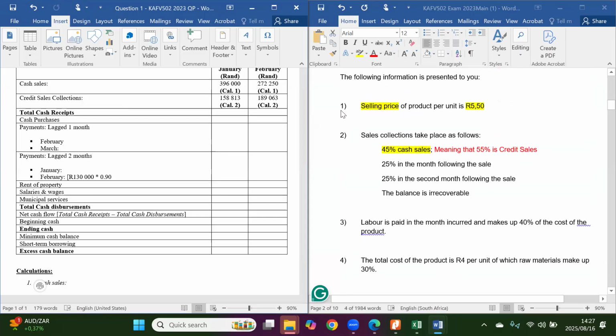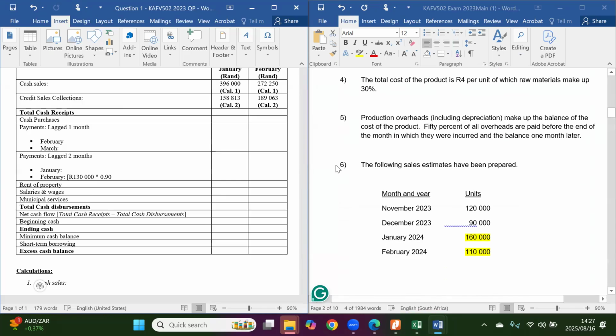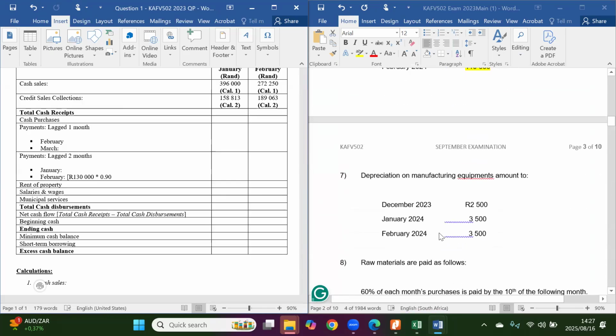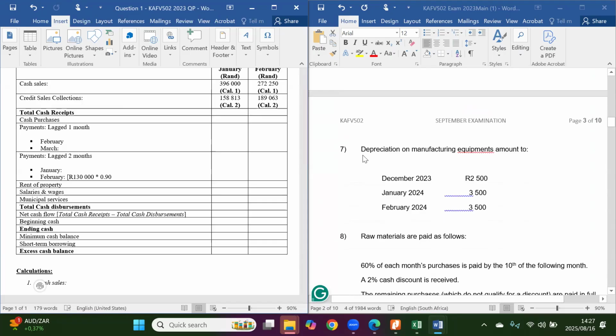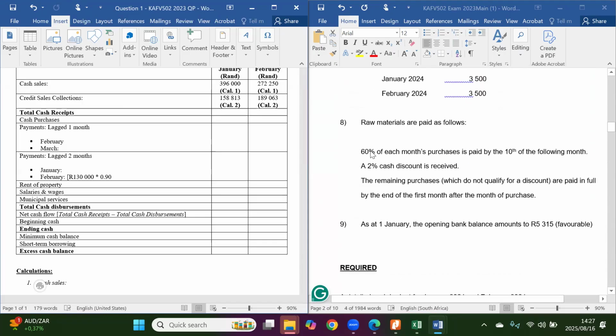everything to do with sales, we've dealt with it in information 1 and information 2. Also from information 6. After information 6, then they begin to talk about what? Depreciation. And then information 8, they're talking about raw materials. Do you see there? Yes. They begin to talk about raw materials, and this information will be used here when you're talking about purchases and so on. And then as of January the 1st, the opening bank balance amounted to